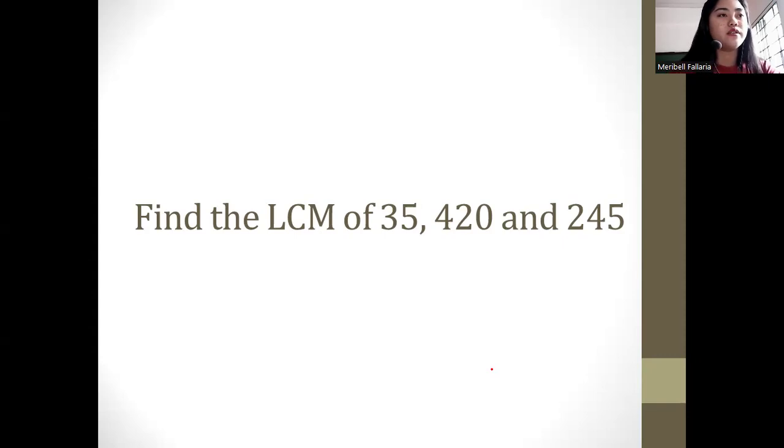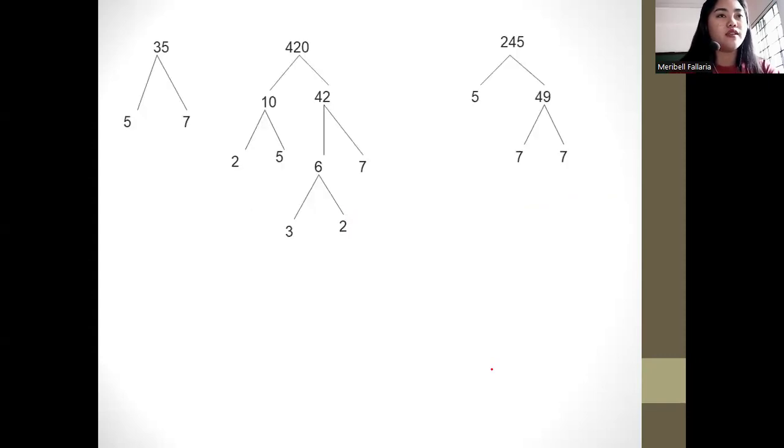Okay, let's answer. Let's list all the prime factors of the numbers, so that if you multiply them, the answer will be the specific number. We have 35. We can get 5 times 7. So 5 and 7 are already prime numbers. Next, let's have